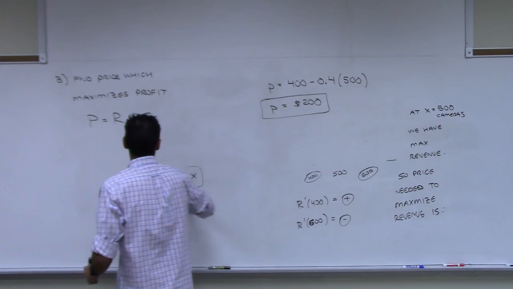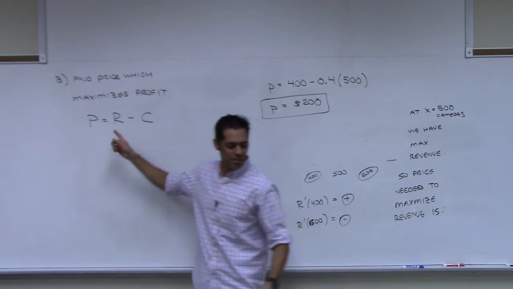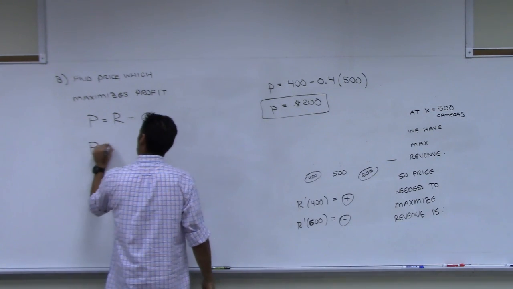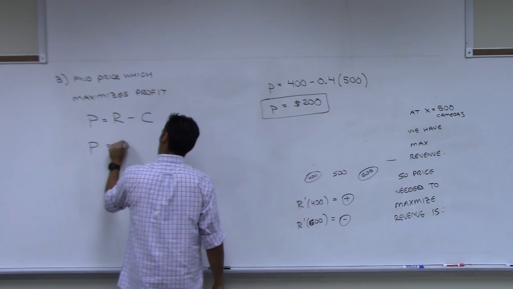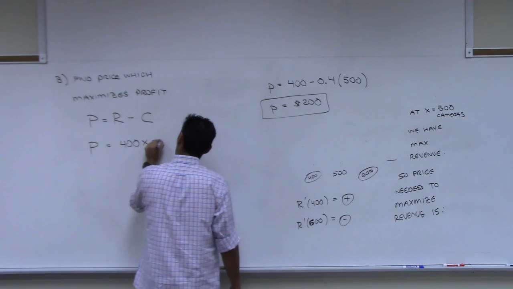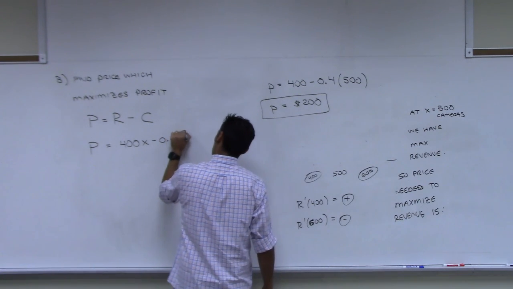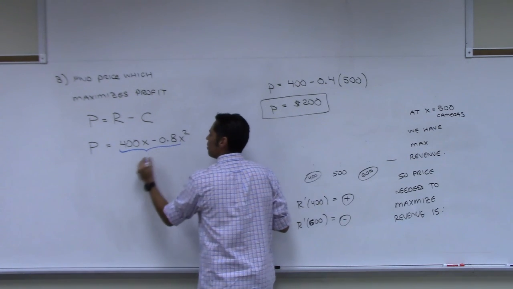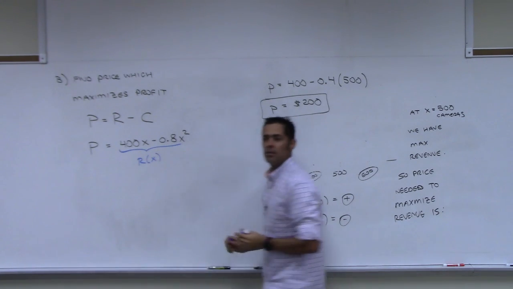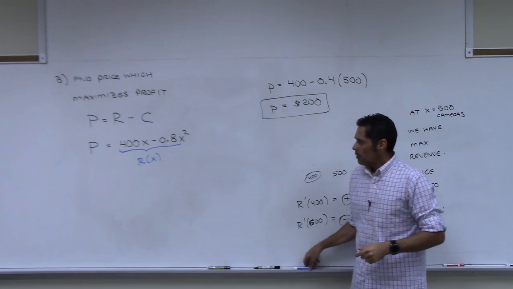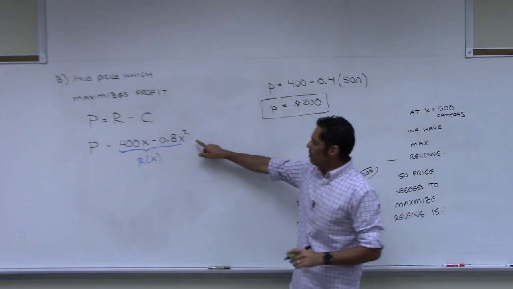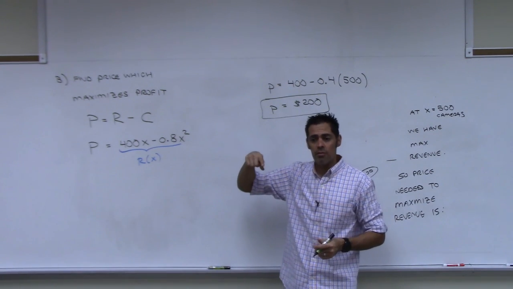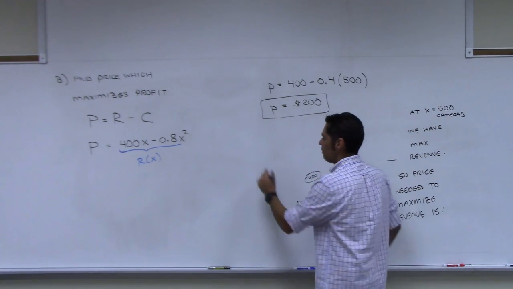Now, didn't we just come up with the revenue equation? Didn't we just do the revenue a second ago? Okay, so I already know what revenue is. My profit is equal to revenue. Wasn't revenue 400x minus 0.8x squared? Check, please. That was my revenue function from part A. It's not squared. It wasn't squared here? No, it was when we passed the x through, right? Revenue was when I started